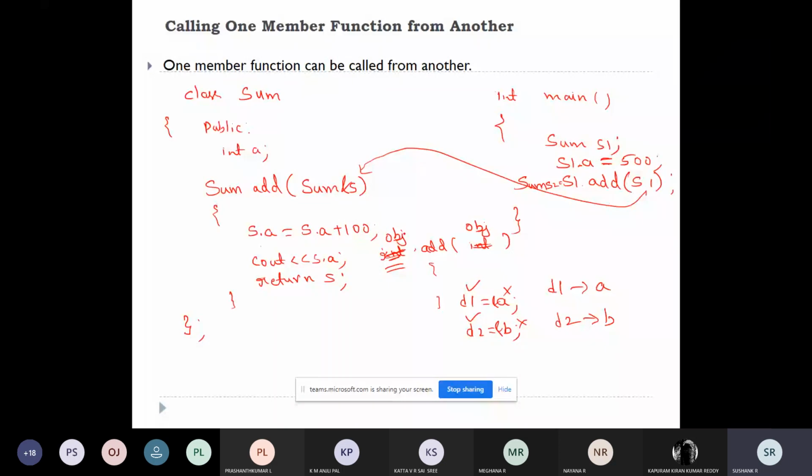How do you write arrays in Java? How do you write for loop in Java, for each loop, object-oriented programming concepts, inheritance, abstraction, encapsulation, how it is implemented in Java. Whatever you have studied in C++, the constructors and so on, the same things will get repeated and a few more concepts will get added.